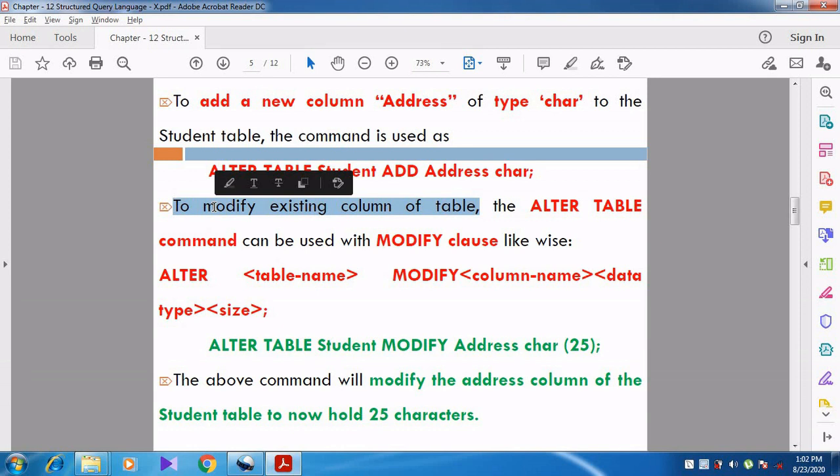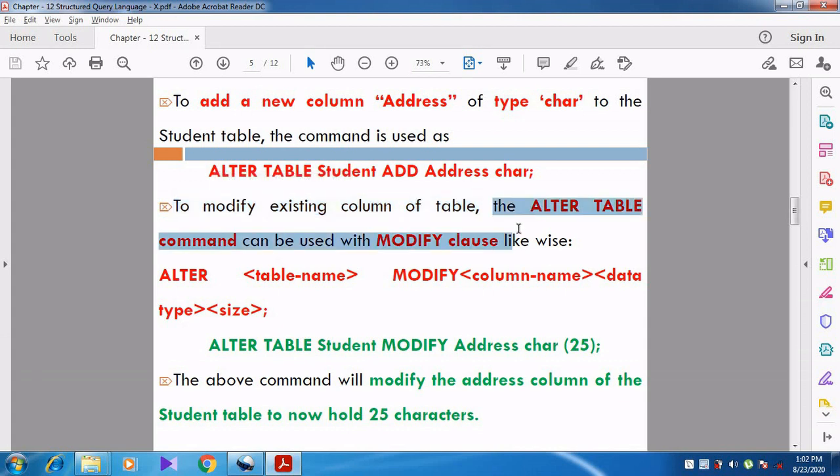Now I am going to modify the address column and give the size for the address. To modify an existing column of the table, the alter table command can be used with the modify clause.